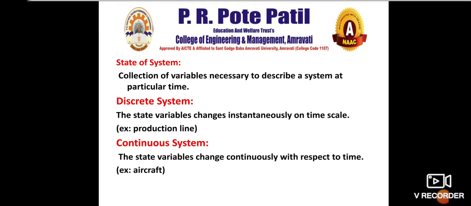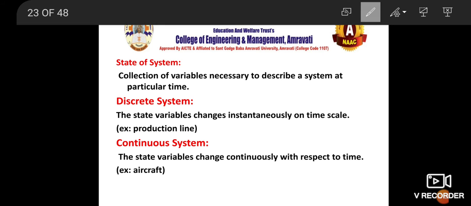State of a system: the collection of variables necessary to describe the system at a particular state. State of a system directly means, suppose you click a picture, so what exactly comes into that picture? आप कैमरे से एक फोटो निकालते हो तो उस वक्त जो कुछ भी कैद होता है वो एक स्पेसिफिक टाइम पे कैद हुआ है, एक स्पेसिफिक इंस्टेंस पे कैद हुआ है. तो स्टेट ऑफ सिस्टम मतलब क्या होता है? ये एक स्पेसिफिक टाइम पे वो सिस्टम कैसी थी, बस यही हो गया स्टेट ऑफ अ सिस्टम. That is called a state of a system. It could be in different states.